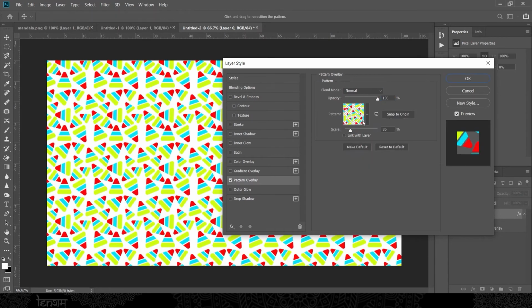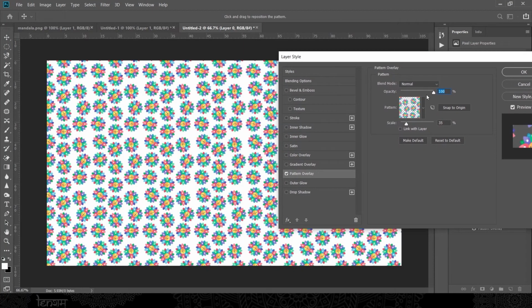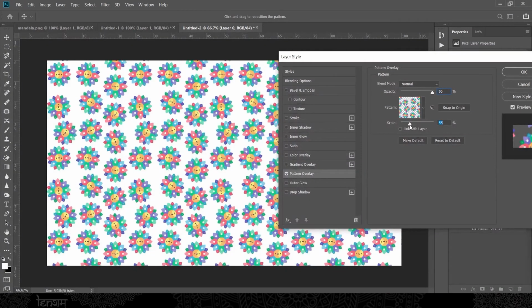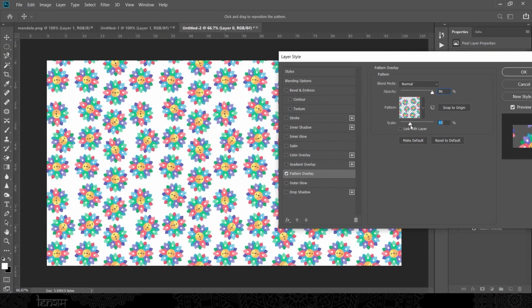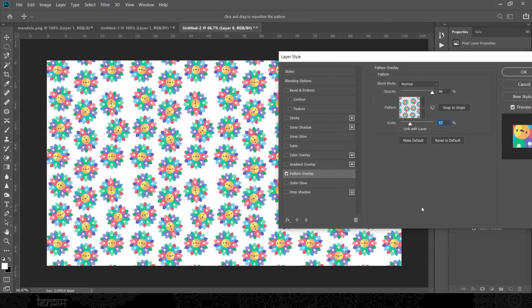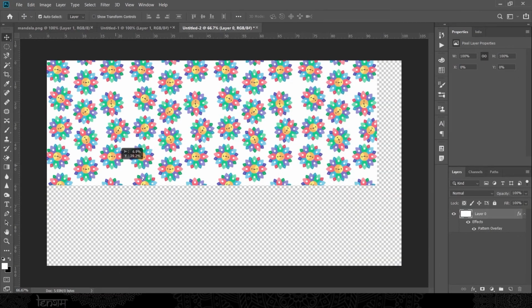and then click on pattern overlay. And choose the pattern from the drop down option or menu. From selecting your pattern, you can tweak pattern, opacity and size. And you can see this is a seamless pattern. I can move this pattern wherever I want, means this is an infinite pattern. But you can move your pattern only when the layer style is on. Once you click on OK and then try to move the pattern, it will not work.